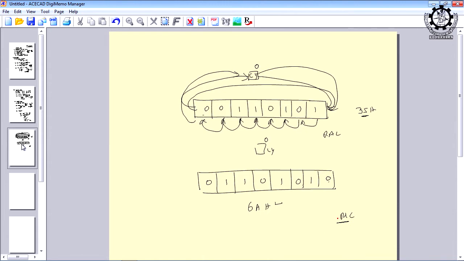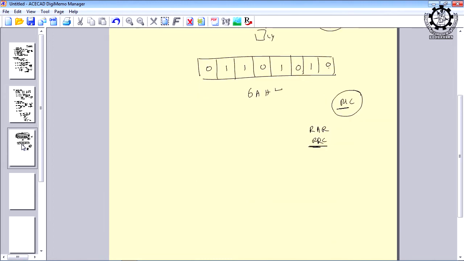But if you take another example and see after executing RL and after executing RLC, the values will be different. Is it okay? Similarly, you can take RAR and RRC, the reverse. That means this time the bit positions will be shifted from left to right, and RAR means going through the carry and RRC means without going through the carry, but in all the instructions the carry flag will be affected. In all these 4 instructions the carry flag will be affected. So, this is your rotate type of instruction.